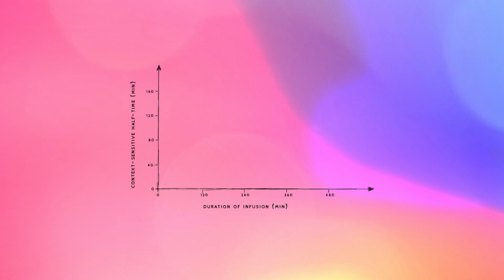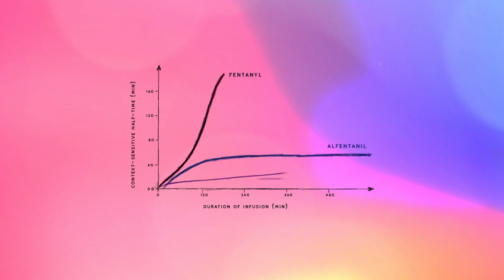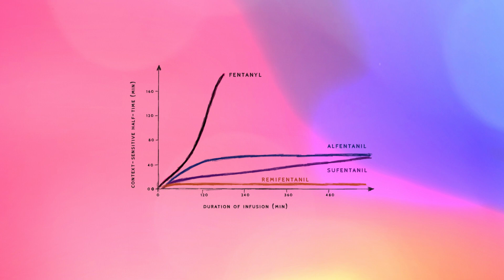The following graph represents the context-sensitive half-time on the y-axis after cessation of infusion of given duration for fentanyl, sufentanil, alfentanil, and remifentanil. The duration of infusion is plotted on the x-axis. After a single bolus or a short intravenous infusion of up to 15 minutes, fentanyl and other synthetic opioid analogs have similar context-sensitive half-times. However, after prolonged infusion, such as longer than 1 hour, there is a marked difference among